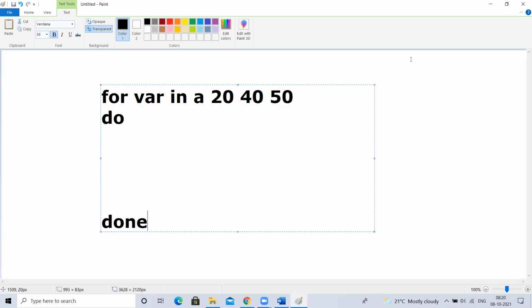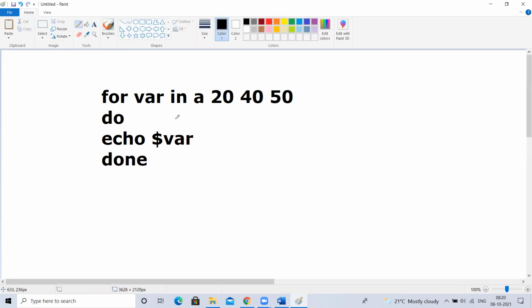I'm just going to write here echo $var. As I'm writing a for, these are the values I want to pass to the var variable. Okay, I'm adding a also. After in, a is there, 20 is there, 40 is there, 50 is there.